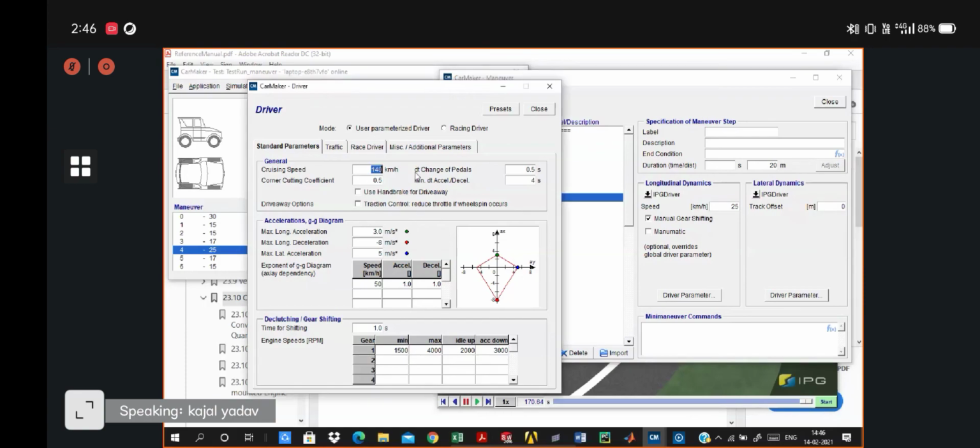So this was all about the driver parameters and driver standard parameters in the IPG driver. You can go through them and decrease or increase these values as per the vehicle specification.